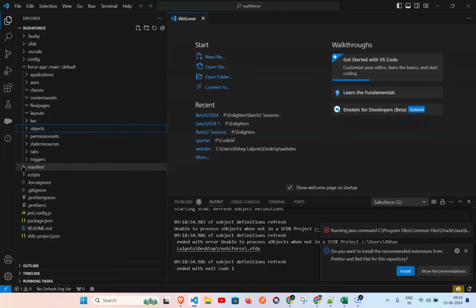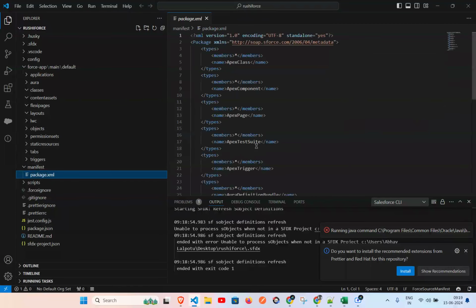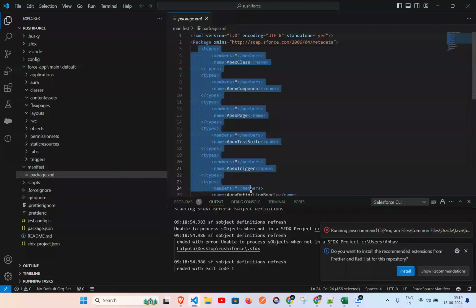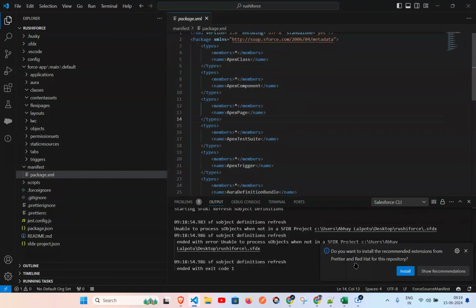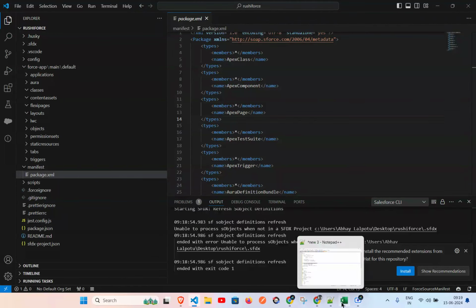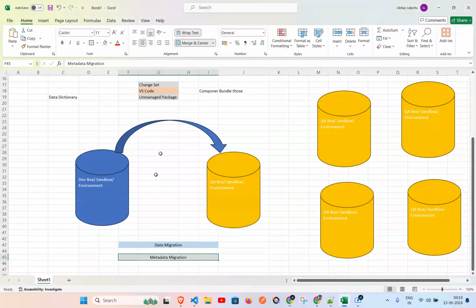There is something called the manifest package.xml. This is the place which tells me what components I want to retrieve. There are two things: one is retrieve, one is deploy. If I want sandbox data on my local,